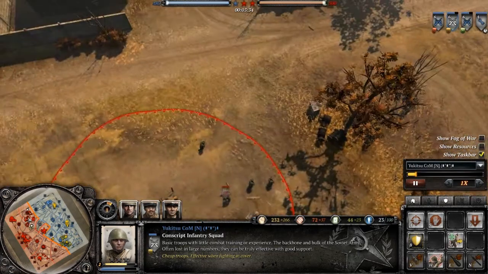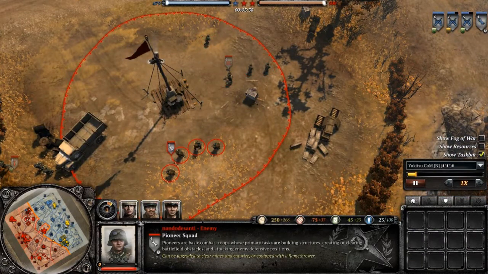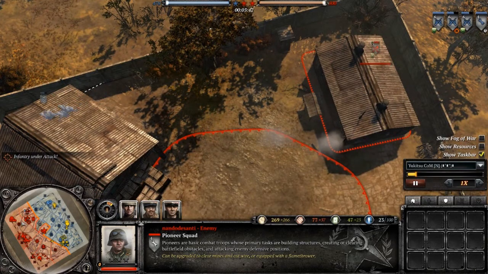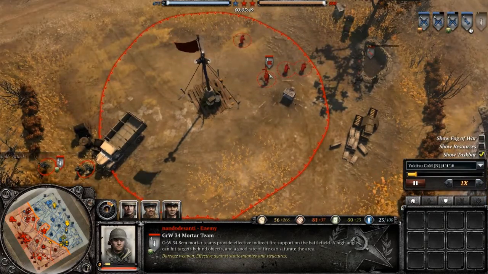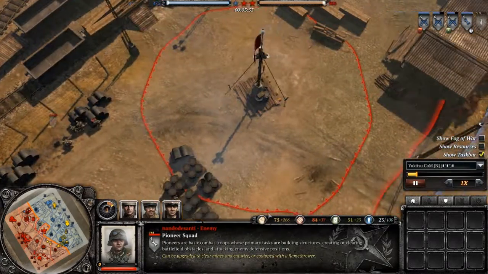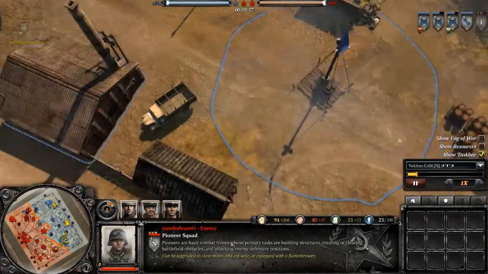I can't really easily advance into this German position here, especially because I'm not actually fighting just the one Oberkommando West player. I'm actually facing units including the sniper, the mortar crew, and these engineers from another German player. So they're actually sort of double teaming me a little bit here, but that's giving my allies chances to advance